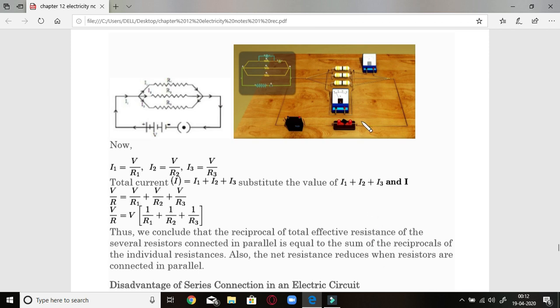So this circuit is quite beneficial. First of all, it provides you a maximum current in the circuit, and this circuit is used for domestic purposes, in our homes, in the room in which you are sitting. It must be having a fan, light, AC or other appliances, all of them connected in parallel to each other, which will run through the same potential difference, that is 220 volt in our houses.